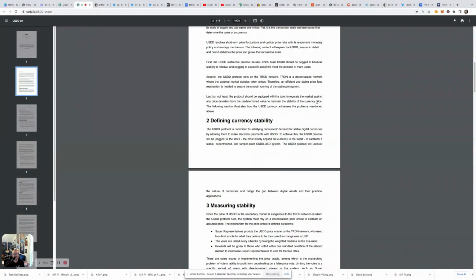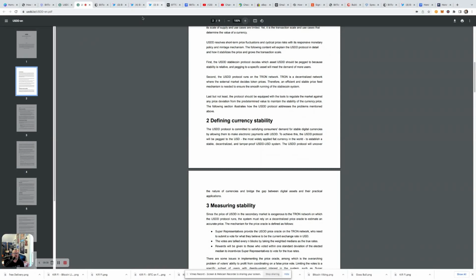Okay. So the bottom line here in all of this is, if you break it down at its simplest, it's a decentralized stablecoin because the reserve is brought to you by the Tron DAO, which is a decentralized organization. Okay, so we got that. And then the protocol itself is based upon other cryptocurrencies that are stable at various points in time. And I'm assuming by reading the white paper, it fluctuates between different currencies to then hold that price. Okay, that's kind of how this thing works.